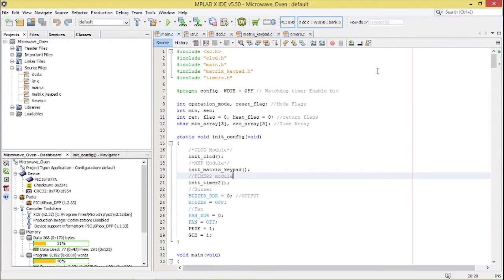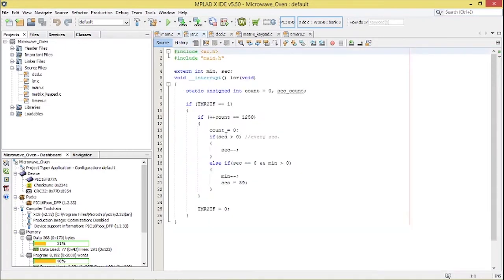CLCD is a character liquid crystal display which displays characters. I have added characters like my four modes: micro, grill, convection, and start mode. Later it shows time in minutes and seconds, etc. Then ISR, the interrupt service routine, is a process invoked by an interrupt request from a hardware device and sent to the CPU, interrupting the